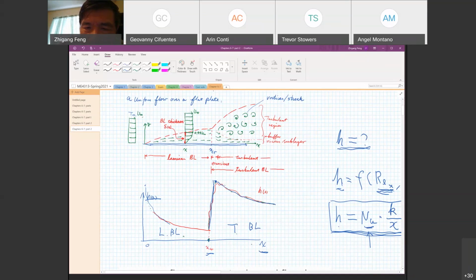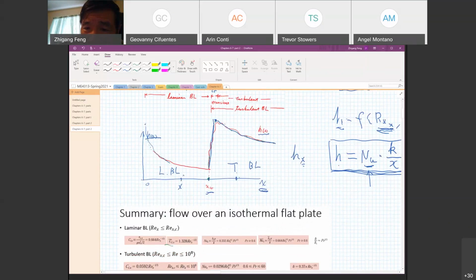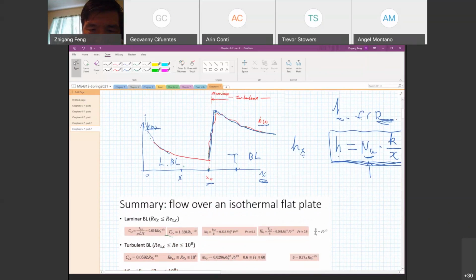So as you can see, in order to find the h value, we need to know what type of flow it is, whether the flow falls into the laminar boundary layer or the turbulent boundary layer. If we need the local value, h at location x, we need to know where this location x is, whether it's here or here. That can be determined based on the calculation of the Reynolds number. If the Reynolds number is less than the critical Reynolds number,